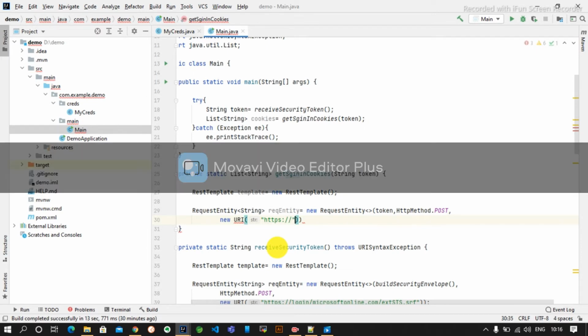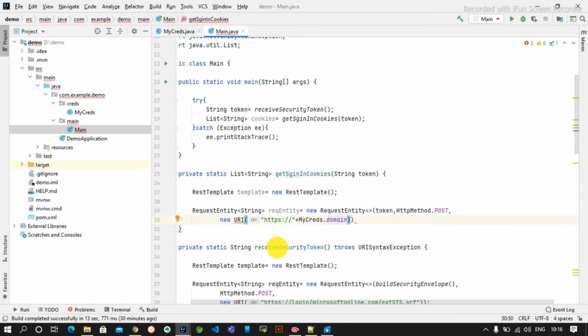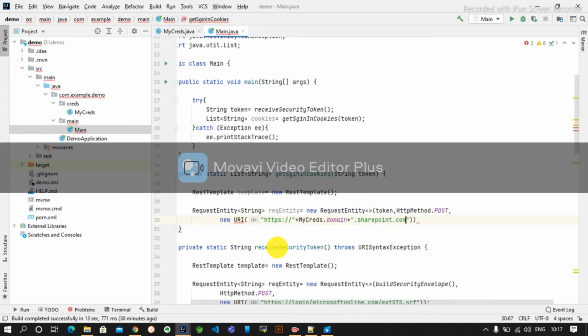I will not show you my domain name, but you can guess, something like my domain plus .sharepoint.com, then /forms.